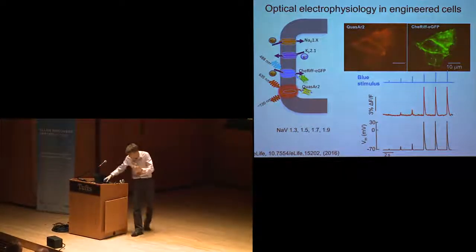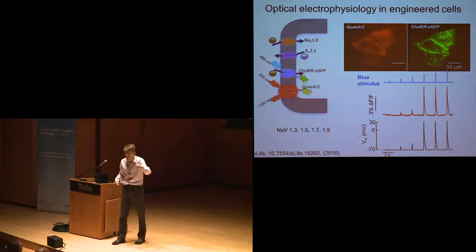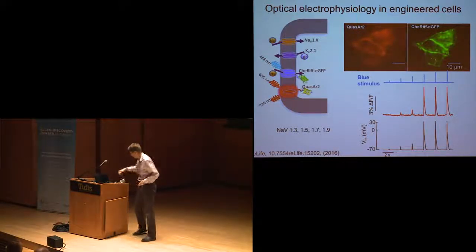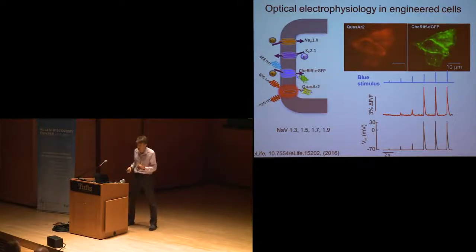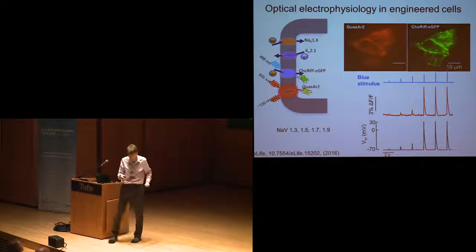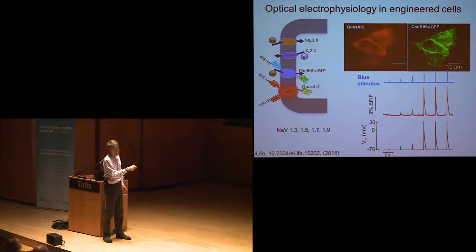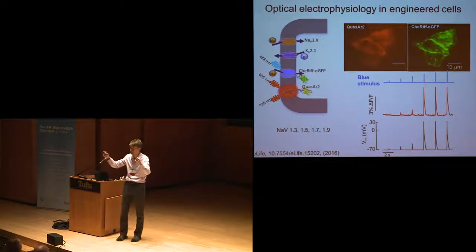So in the famous Hodgkin-Huxley model of a neuron, you have a sodium channel and a potassium channel, and those are enough to cause the neuron to spike. So we took a line of human tumor cells that started electrically inert, and we introduced 4 transgenic components into these cells. One is a sodium channel. The second is a potassium channel. The third is this light-gated ion channel, which we can use to trigger the cells. And the fourth is this voltage indicator so we can see what's going on. But there's only 2 active components here, the sodium channel and the potassium channel.